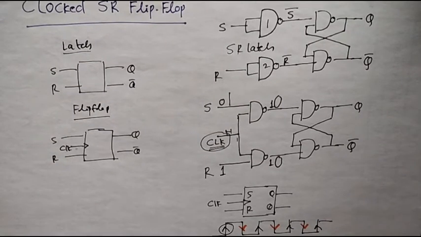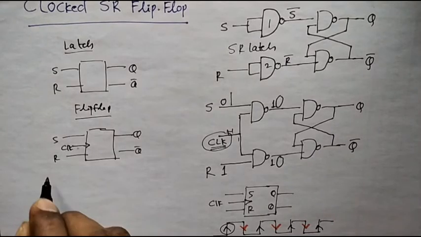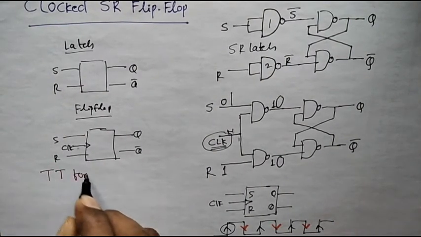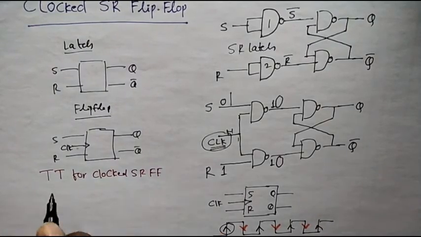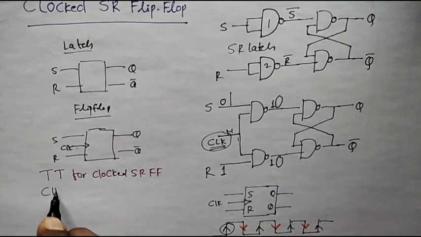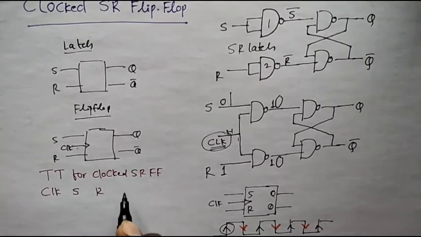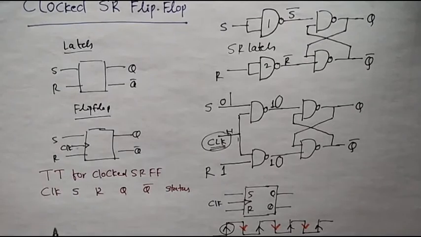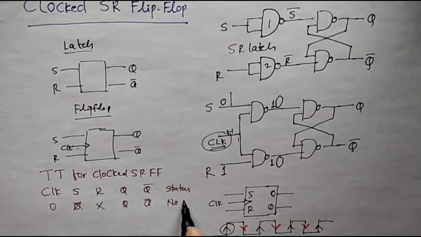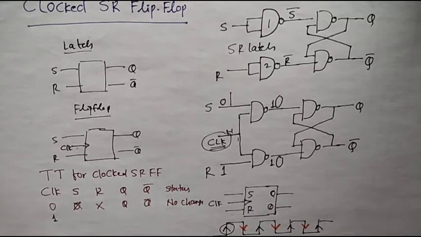Now let us write the truth table for clocked SR flip-flop. The inputs are clock, S, R; Q and Q bar are the outputs. Let us write the status. When clock is 0, irrespective of input S and R, there is no change. When clock input is 1,